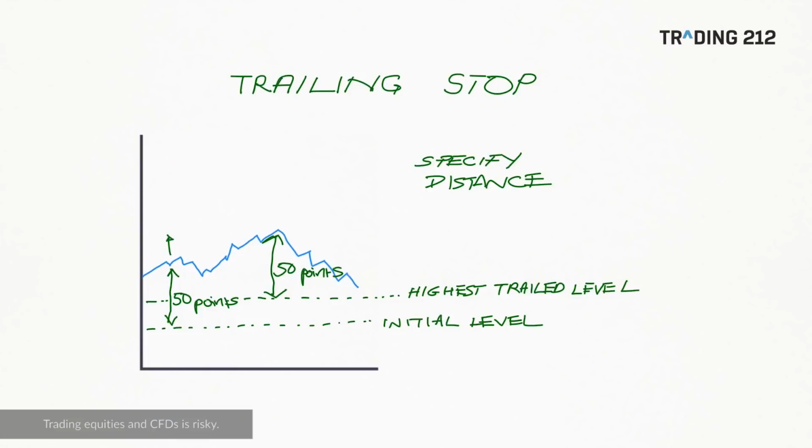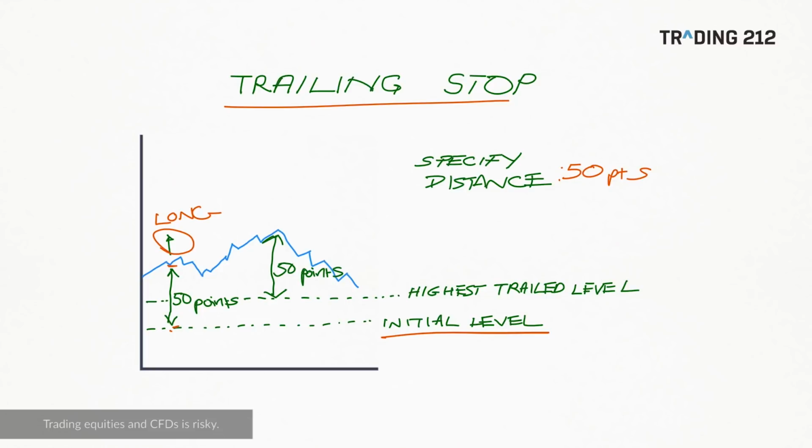So probably the easiest way to understand this is to look at an example. So let's do that now. With a trailing stop, first of all, you're going to specify a distance, just as with a regular stop. Let's say, for example, that we want to put our stop 50 points away, and we can see here that you're going long the market. So you buy the market at this level here, and your trailing stop begins, its initial level is down here,